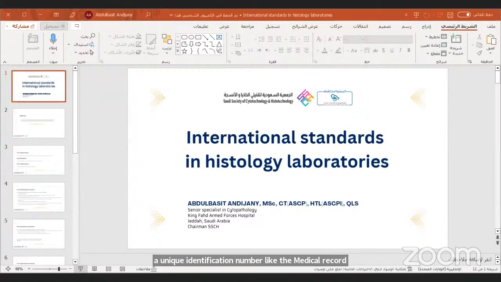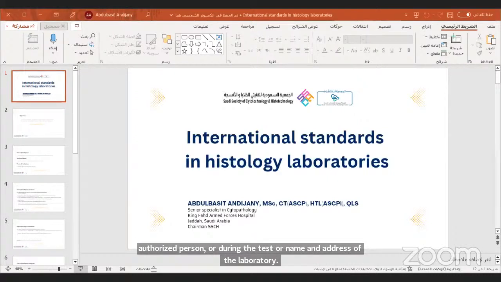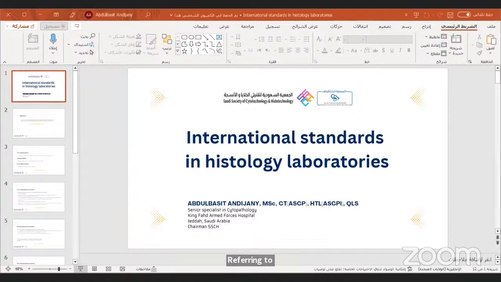Name and address, if different than the receiving laboratory, of the physician or legally authorized person ordering the test, or name and address of the laboratory referring the specimen. And also what is the required test, the date of specimen collection, and if appropriate, time of collection. Breast cancer that needs HER2 immunohistochemistry or in situ hybridization or ER must document the time of removal and time